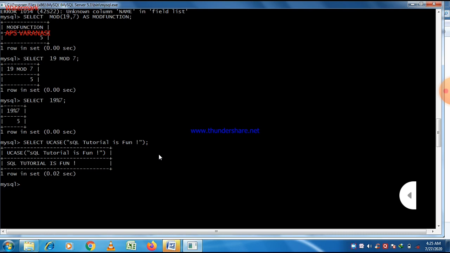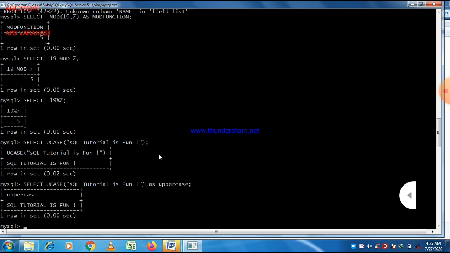And next, if we want to use it as a column name, just write as uppercase. So the column name is shown in uppercase. You can see that now the column name is uppercase.